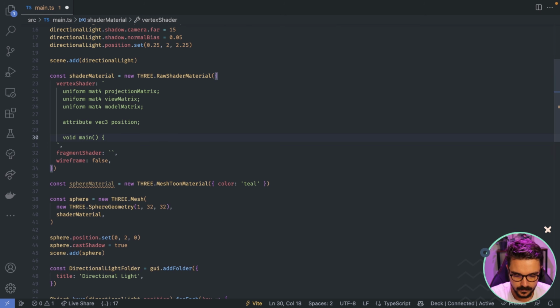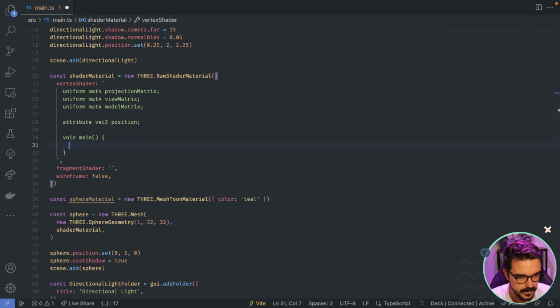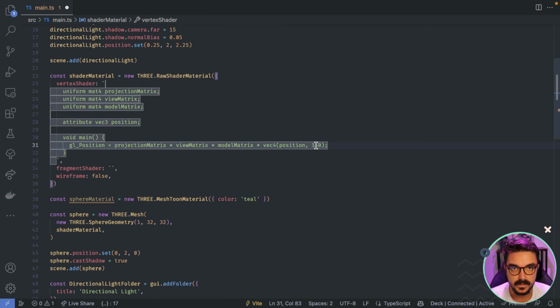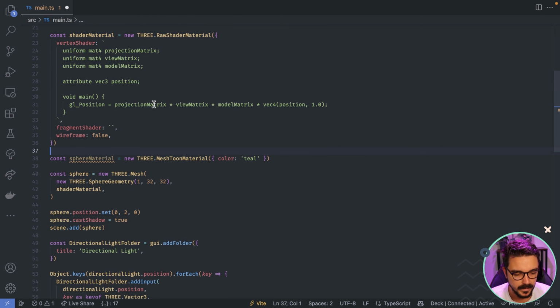And then we create the main function, and we have something called gl_Position, which is a variable that is already defined on the vertex shader, and it's basically going to be the projection matrix multiplied by the view, by the model, and by a vec4, which is the position plus 1 another. I understand it's weird, okay? We will see how it works.